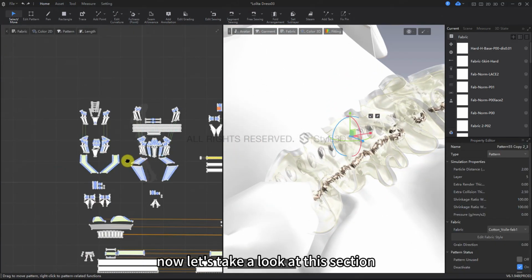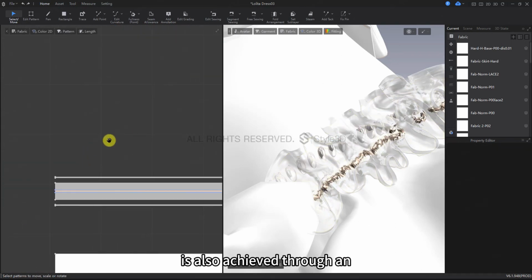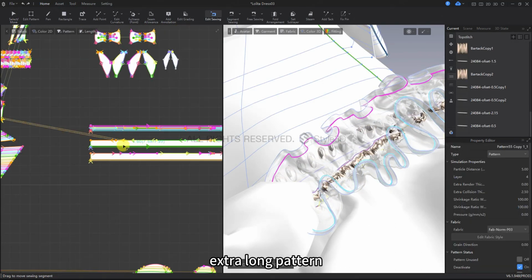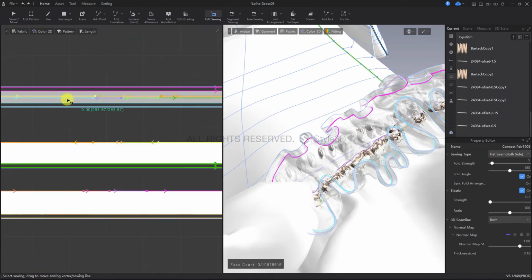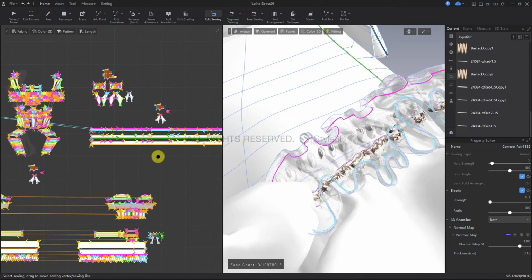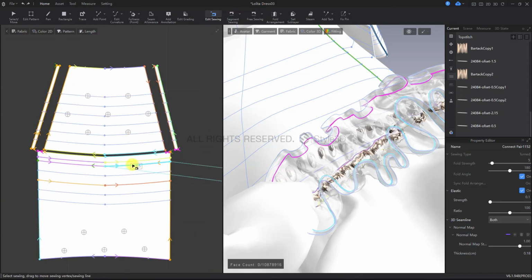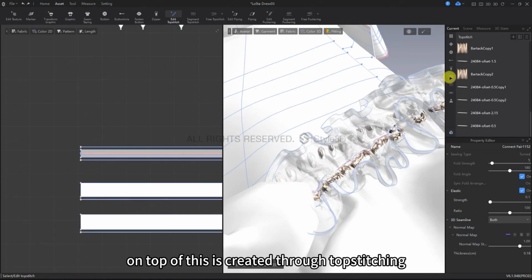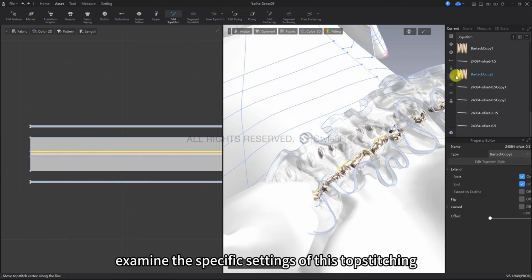Now, let's take a look at this section. We can see that the fold effect here is also achieved through an extra long pattern and the disparity in sewing line lengths. The metallic effect on top of this is created through top stitching, and we can examine the specific settings of